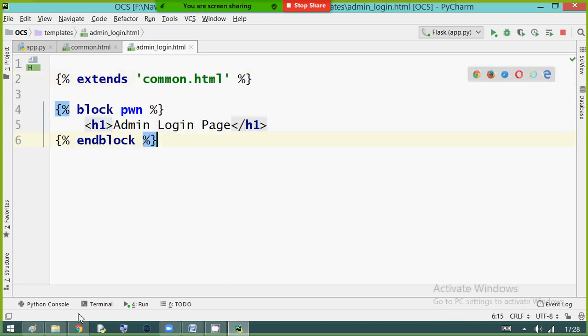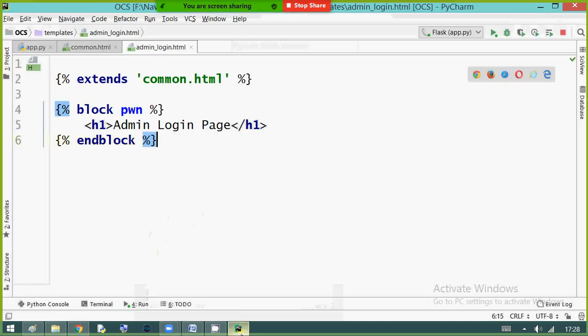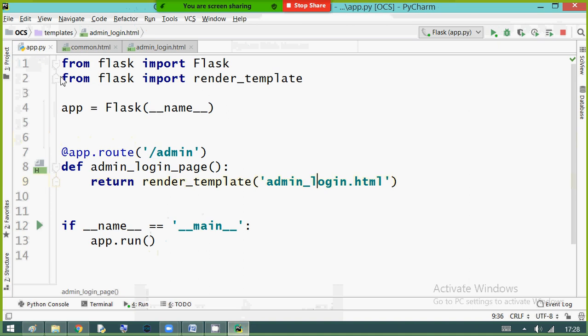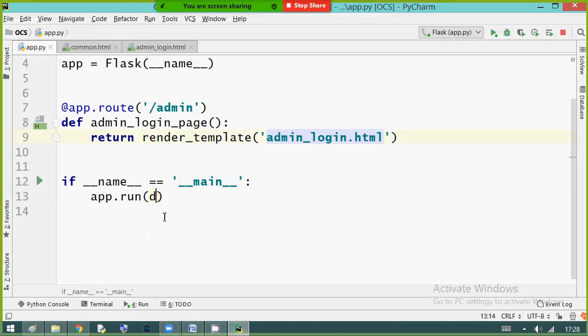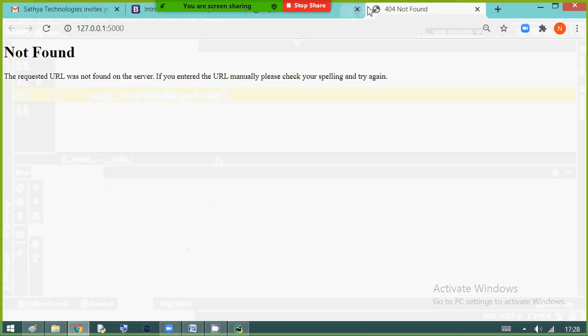So the expected result is, refresh. Sir, refresh is not affecting. Sir, inside the app, write debug equals true. Stop the server and restart the server. Run your page with /admin.